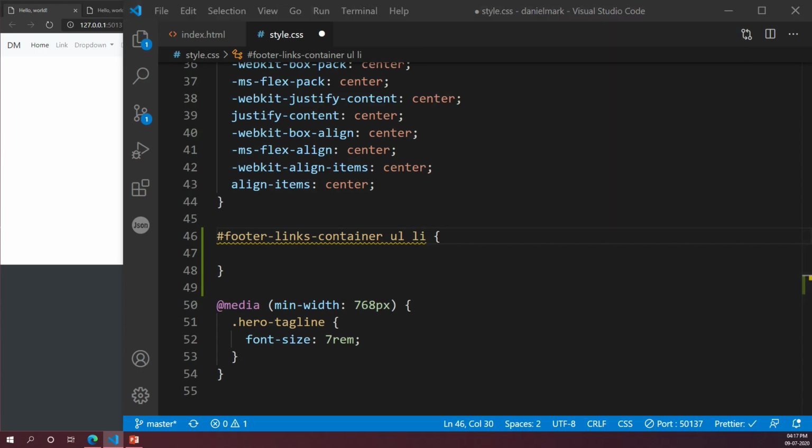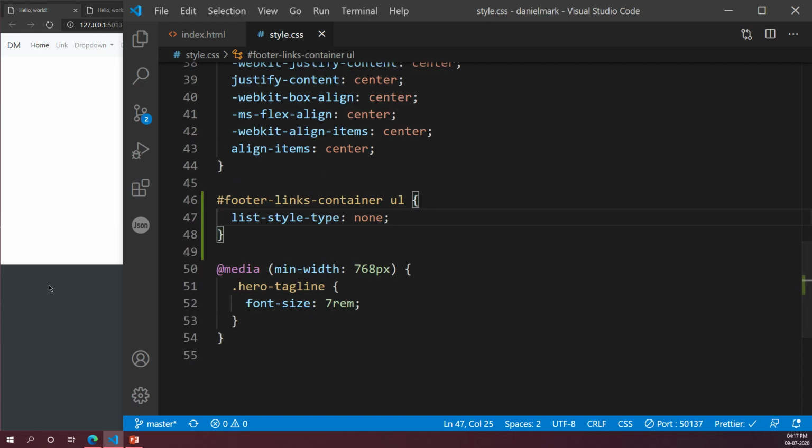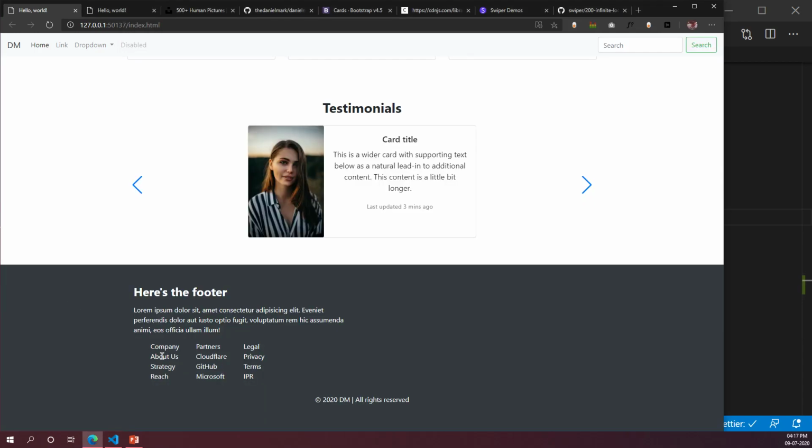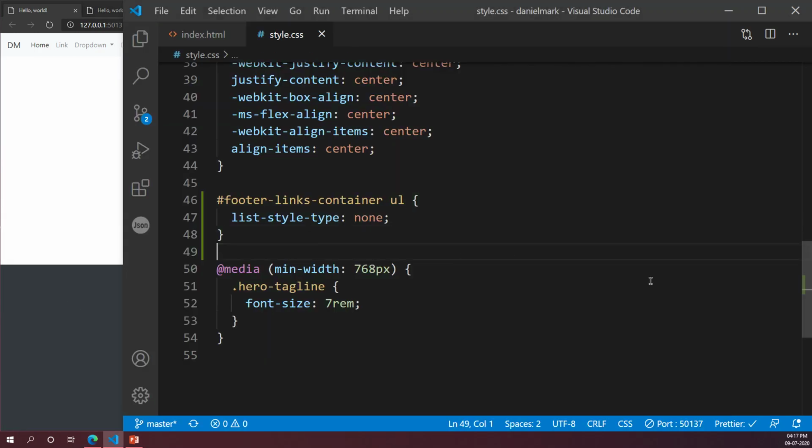Oh no, sorry. First we'll target just the UL alone. Just do this alone, and we're going to type a rule in here. We're going to say list-style, and list-style-type none. Once you do that, hopefully the bullets should disappear. All of you do that and then just say yes.